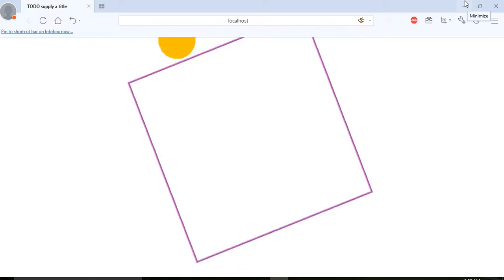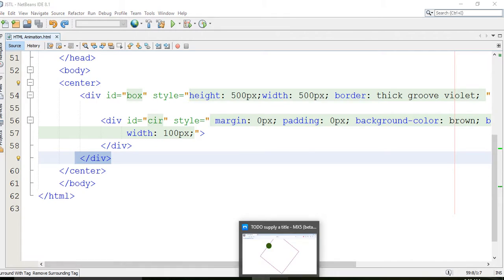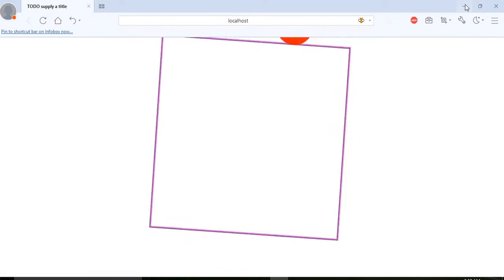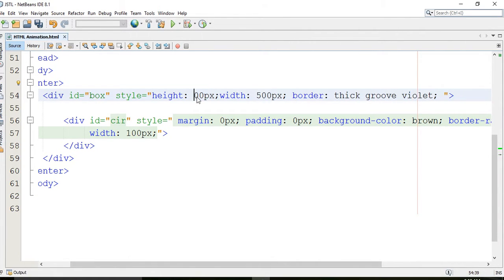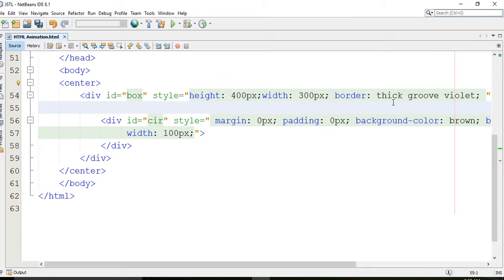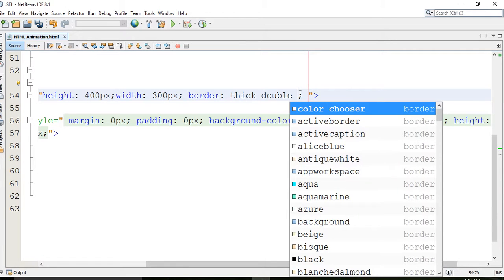So how to create it? First of all, let's create an outer div, and that is here. I'm talking about the outer div, the square actually. So simple, create a div and write an id, and just give some style, height, width, whatever you want. Suppose I'm just going to give here height 400, and width 300. Okay, and border depends on you, whatever you want, like you can give solid or groove. Suppose I'm just going to give double. And color, let's give something else,